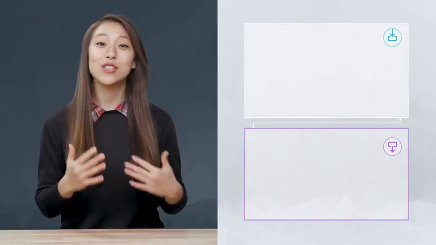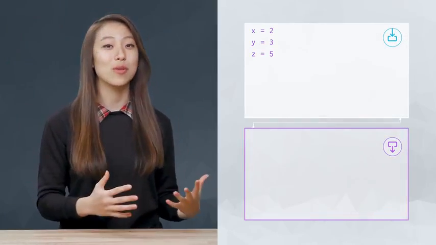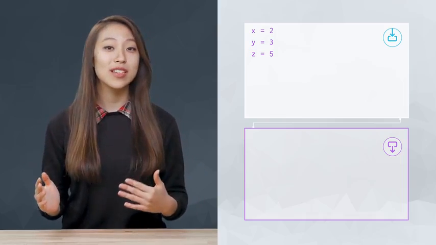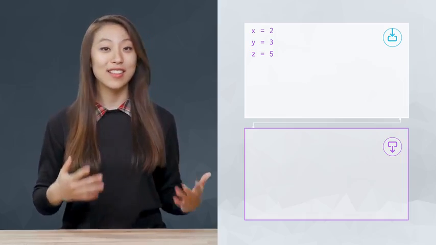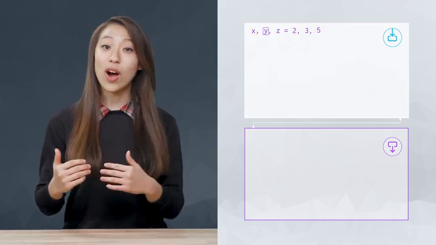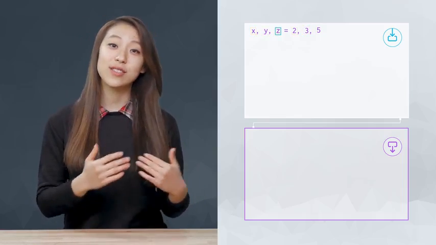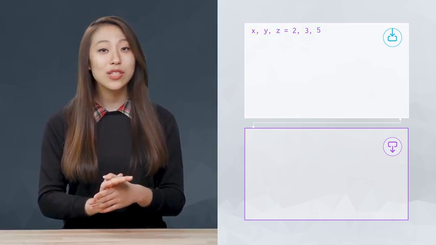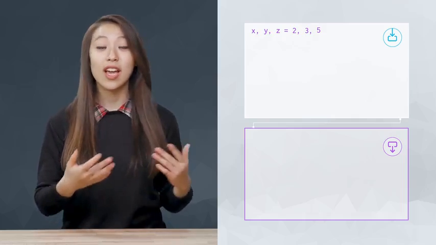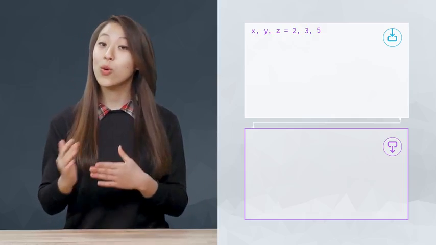Python also has a useful way to assign multiple variables at once. These 3 assignments can be abbreviated using multiple assignment like this. X is still assigned to 2, Y to 3, and Z to 5. You can use this when you're assigning closely related variables like the width and height of an object, or an